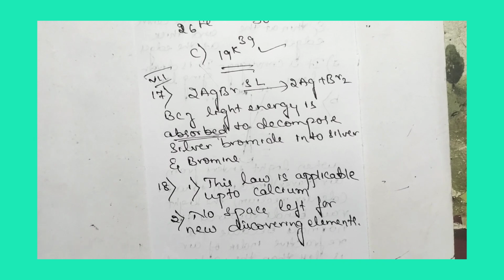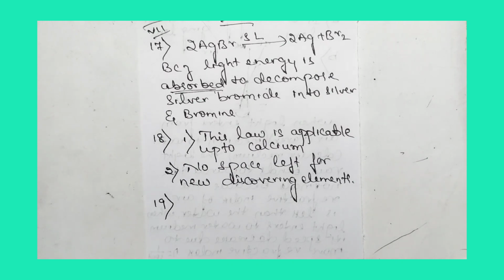So these are the two that we have to write regarding the 18th question. Now let us move to the 19th one. The 1 mark question is: how can ethanol be converted into ethanoic acid? So ethanol is converted into ethanoic acid